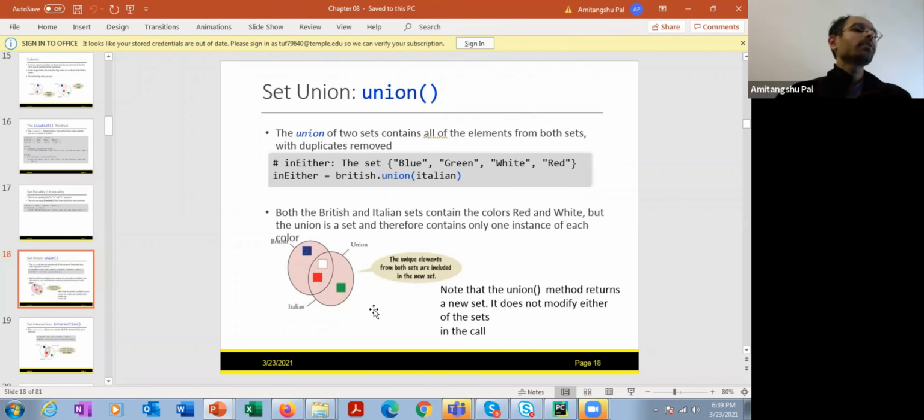The union of the colors in the British flag and Italian flag consists of colors that are either in the British flag or in the Italian flag or both. That's what union means. Union of two sets consists of all the elements from both sets with duplicates removed. Clear to everyone? All right.